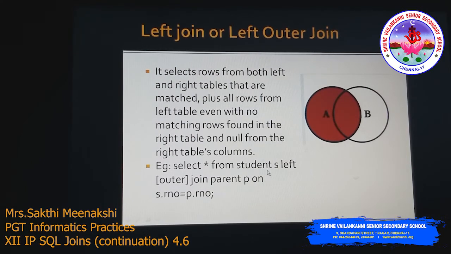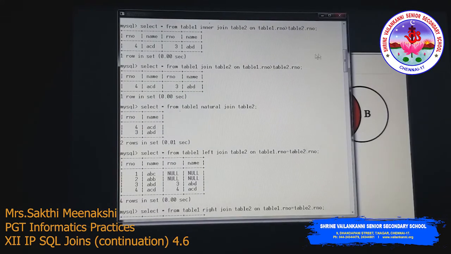So how to achieve this one? Select asterisk from students, left join. This is also called left outer join. So you can use left join or left outer join, both are same. The first table name and then second table name, on the condition. So as usual the condition can be anything, the condition can use any relational operator. So here we have left join. Select asterisk from table 1 left join table 2 on table 1 dot roll number equal to table 2 dot